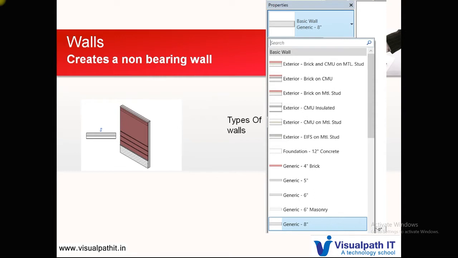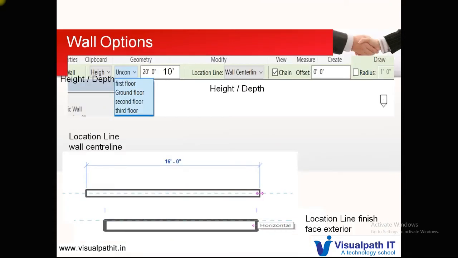So first, by learning, we will learn how to create a 9-inch masonry wall, and then start our project. So without going further, we will see the wall options. When you click the wall tool, there are a lot of settings that you need to do before drawing the wall. Now let's see the settings first.